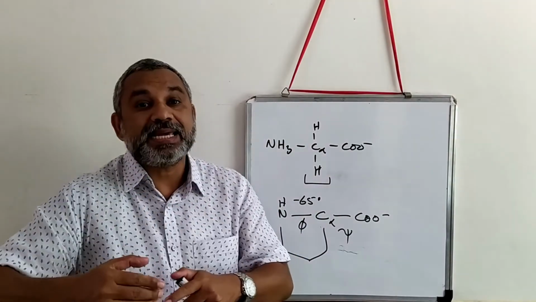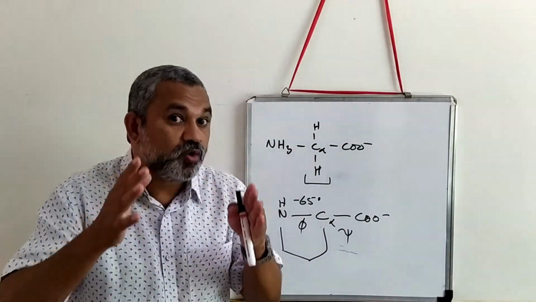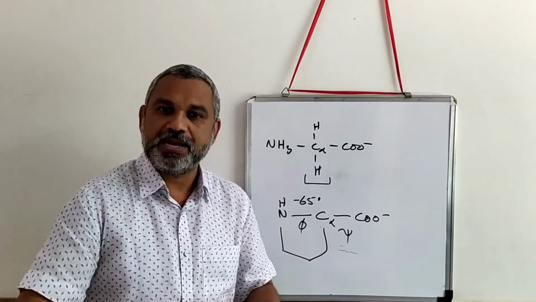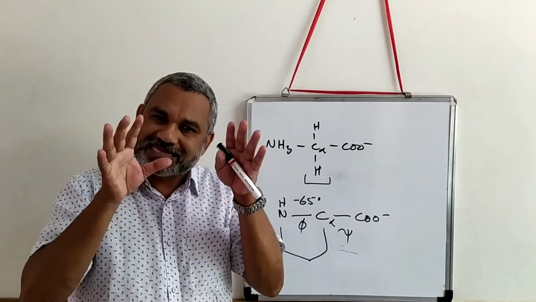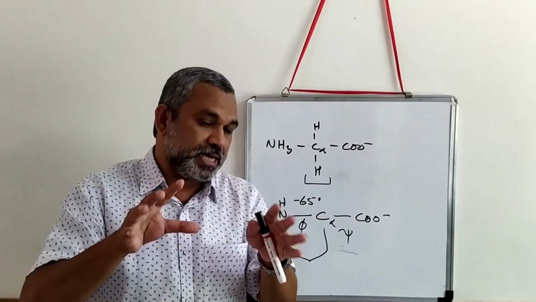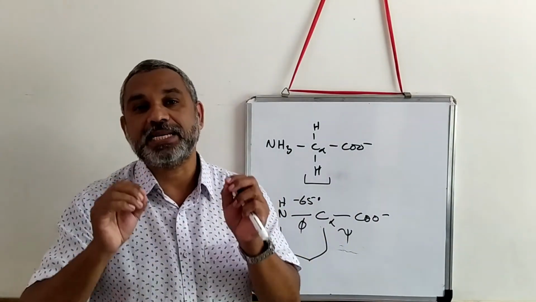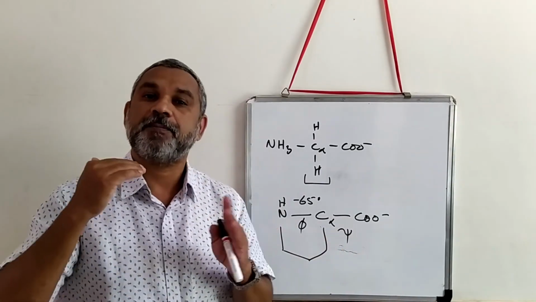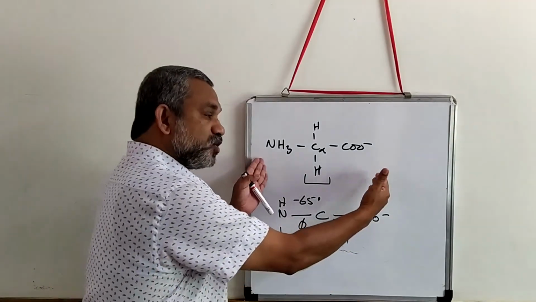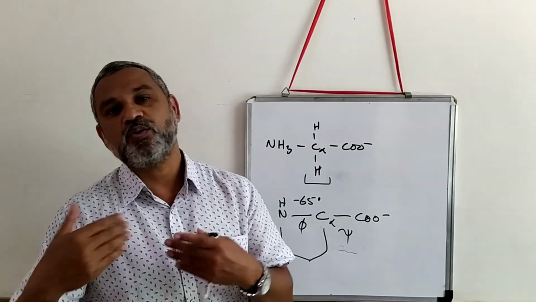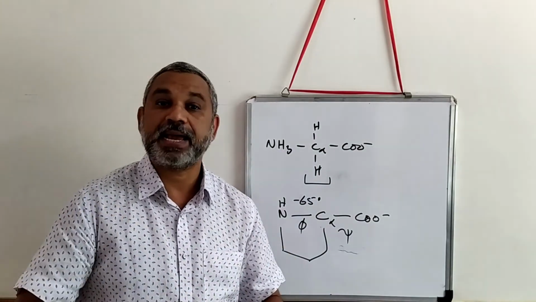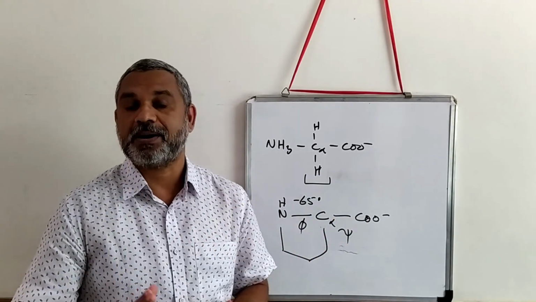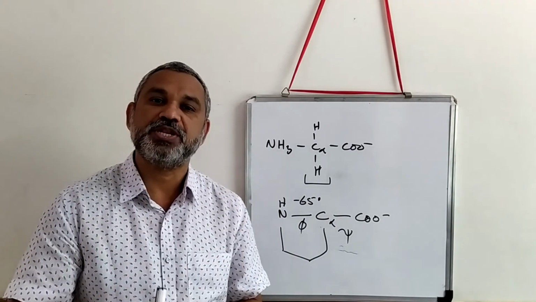So this will create a problem when you look at the Ramachandran plot of proline, polyproline. You will see that the density cloud is located only at two places. Look at a textbook to see the Ramachandran plots of proline as well as glycine, and look at other amino acids like alanine, or look at the Ramachandran plot of collagen in order to do a comparison. These are points that you need to note down.